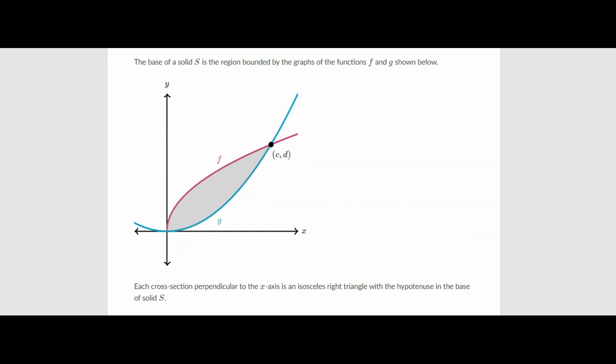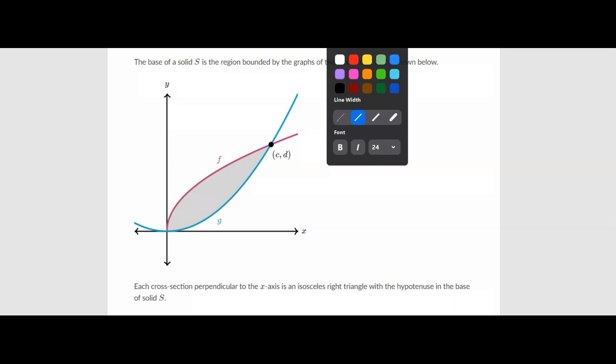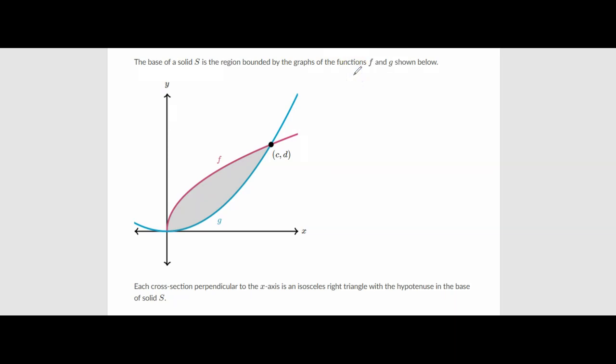Okay, first thing to take note of is the type of cross-section we're using. An isosceles right triangle with the hypotenuse in the base. And it's going to be perpendicular to the x-axis. That's nice. That's a more familiar integral for us where we write everything in terms of x. Now, we still have an isosceles right triangle, but when we start to draw these, I'm not going to go through an entire picture here,